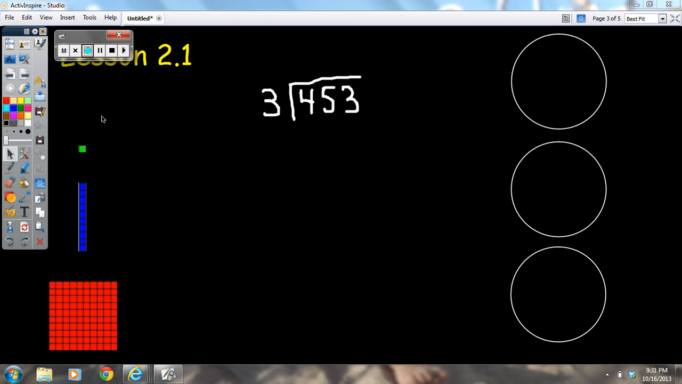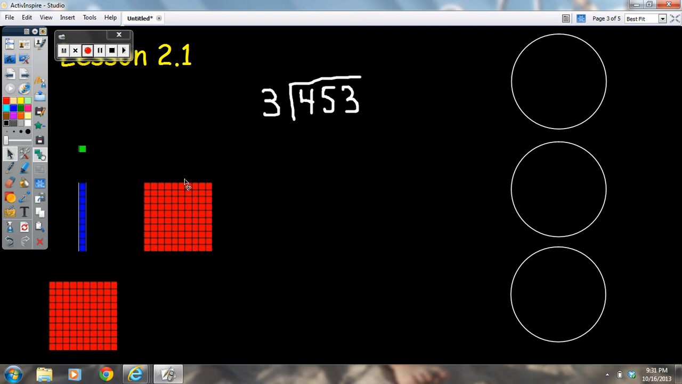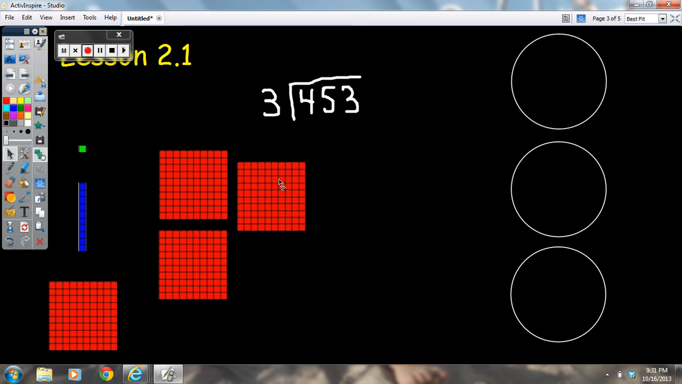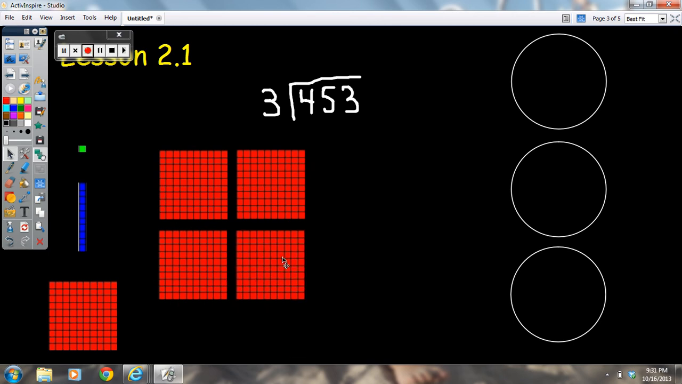So now let's take a look at this example. We have 453 that we need to divide up into 3 groups. So I made my 3 circles along the side. And now what I need to do is represent that 453 by using my blocks. I'm going to have 4 hundreds to represent the 400, and then I'm going to have 5 tens to represent the 5